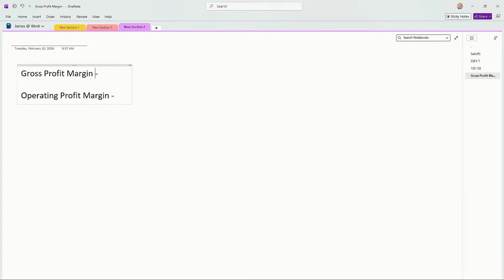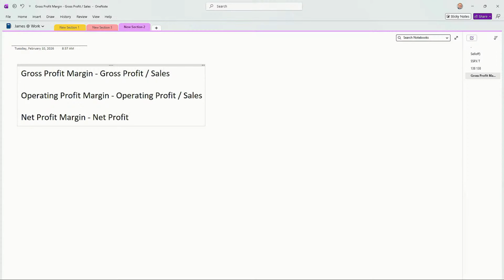And if we look at this, gross profit margin, this is going to be gross profit, okay, divided by sales. Now, when we actually say sales, clearly we're saying revenue, okay? Now, you need to understand what these are to get to what we're going to talk about. Operating profit, okay? And by the way, you can look that up and say, what is that? Divided by sales. And the last one that many investors really want to know is net profit margin, okay? Now, by the way, these terms we're going to bring up on the platform, net profit divided by sales, okay?